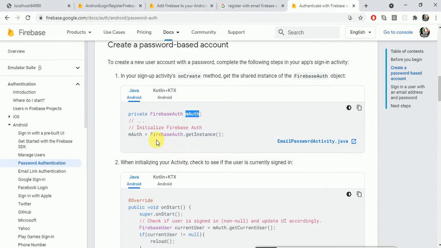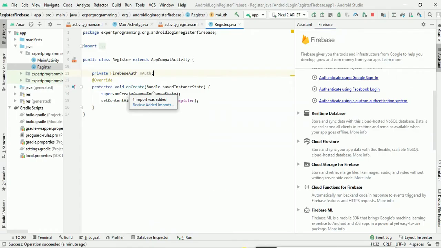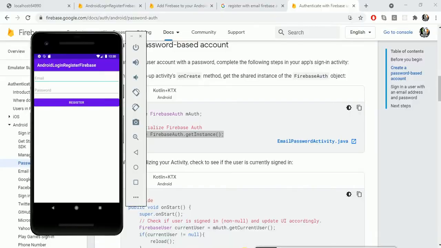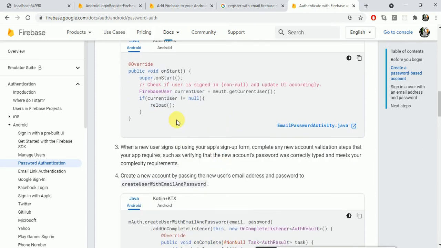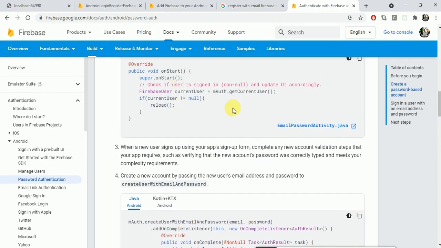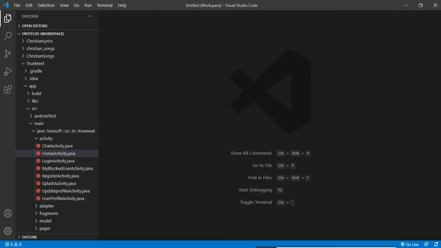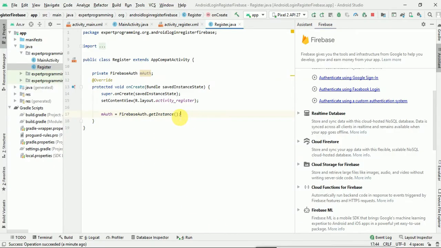Then after that we will have to initialize this. So in the onCreate method, I will initialize mAuth equal to getInstance. They have given an onStart, but we will give it in the onCreate. So this we have already seen. And obviously we know that this user is not present, so otherwise we'll